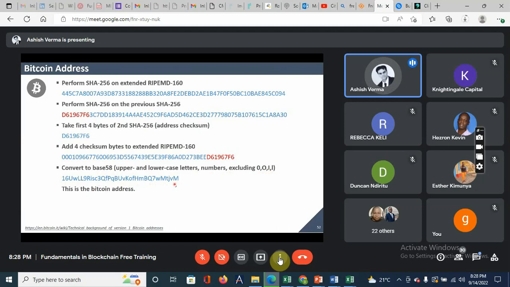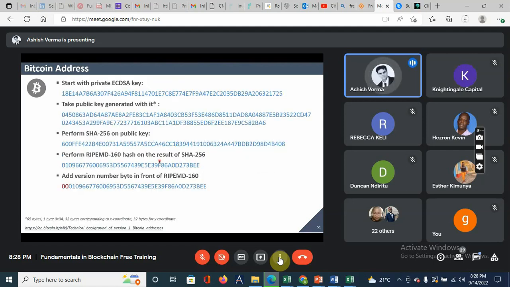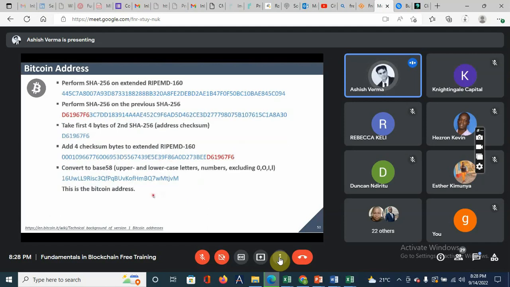So whenever you share any Bitcoin address with somebody, this is how it has been derived. There are multiple steps. As a user, you will always see only this number, right? But whatever wallet you are running, that wallet will be calculating this Bitcoin address from your public key based on these steps. So it is slightly more involved in comparison to Ethereum, but this is the kind of logic which has been put into Bitcoin addresses.